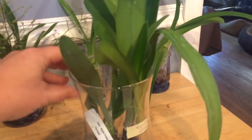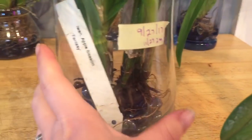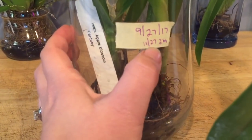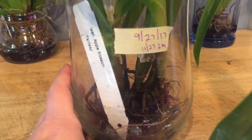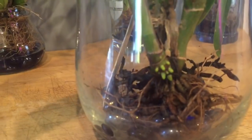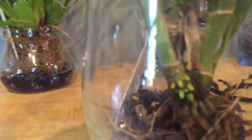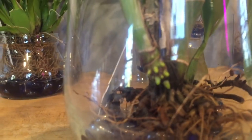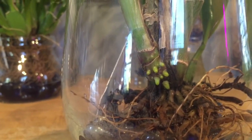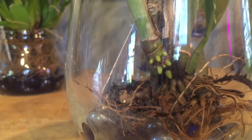However, I do see one positive effect. This is my Gara apple blossom, and I've had this orchid almost 2 months. The 27th of this month, it'll be 2 months. And that extra couple of hours in the water, look at what this orchid's doing. I've had it for 2 months and it's done absolutely nothing. The roots have continued to get mushy and yucky and unhappy, and I left it in the water for an extra couple of hours, and